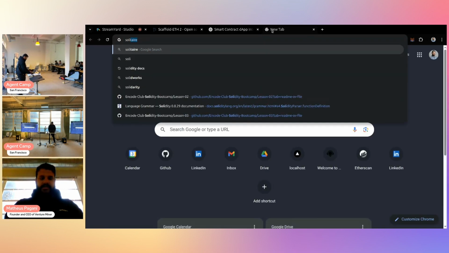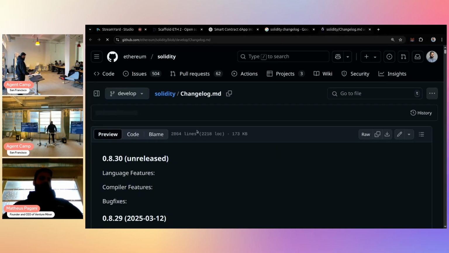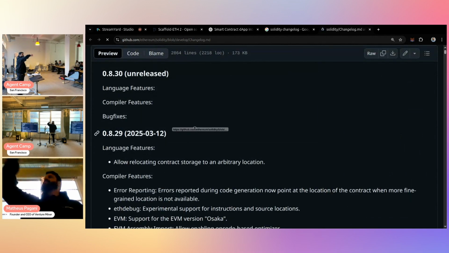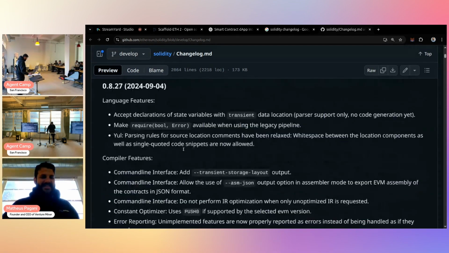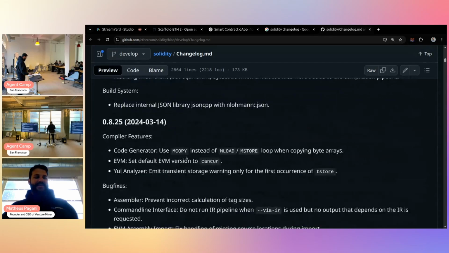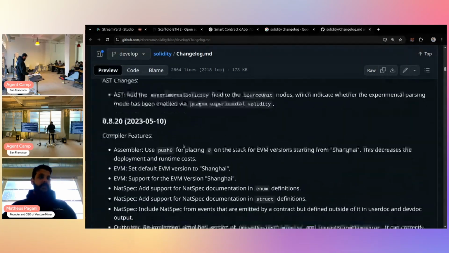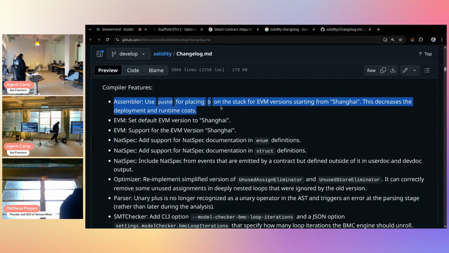So, the Solidity changelog. If you go for version 0.8.20, oh my God, we are at 0.8.29 already. It was released yesterday. I need to catch up. Sorry about that. I should have checked this today. So in version 0.8.20, we had this assembler change, the push zero.